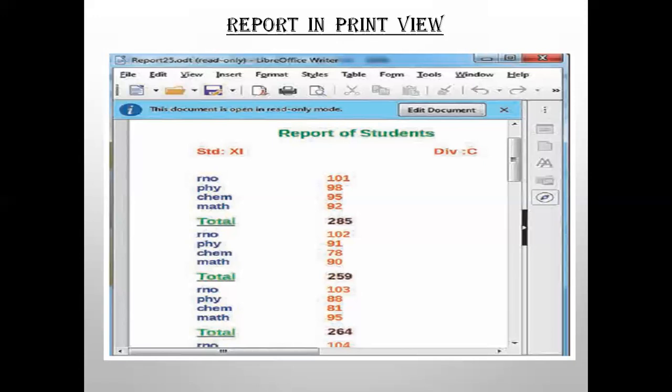If you want to show calculations, the easy way is to do all the calculations in the query instead of doing them here. And then you have to refer to the query and add the fields in the report. That is the best method, easiest. Or else you will have to do it using these built-in functions which are there. That will be difficult for you to understand. You should know all the formulas beforehand. So better that all the calculations, whichever are possible, are done in the tables. Date and time, page numbers, those are to be given here in the report footer itself.